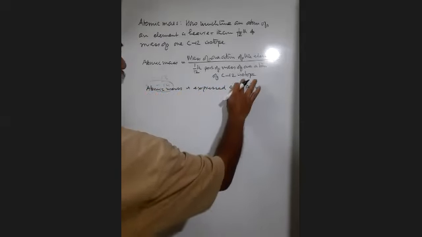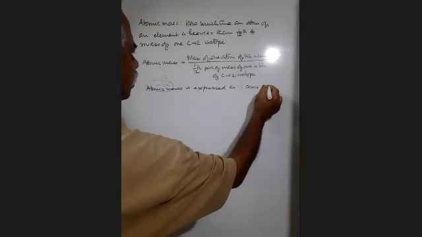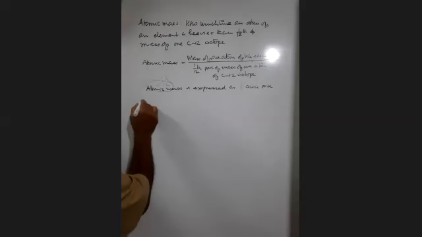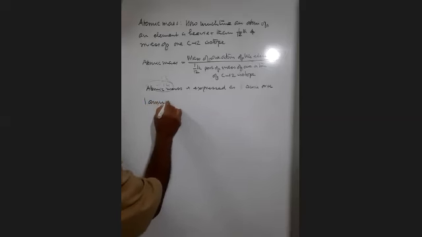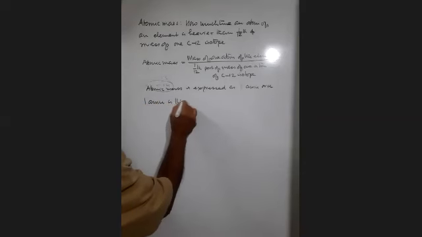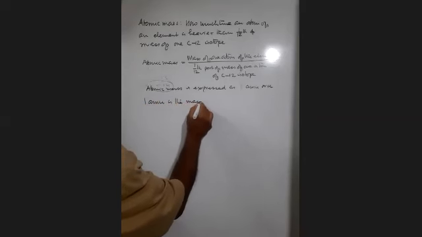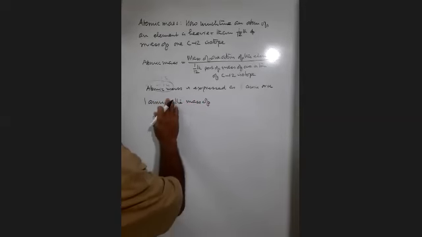We write it AMU, or in this case you simply call it u. Now what is AMU? AMU is the mass of one atom of carbon 12. So 1 AMU is the mass of...